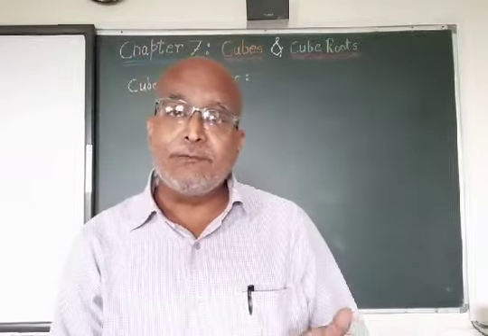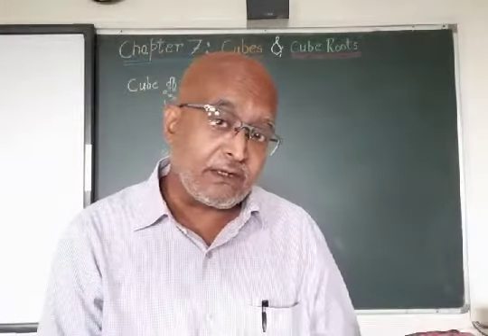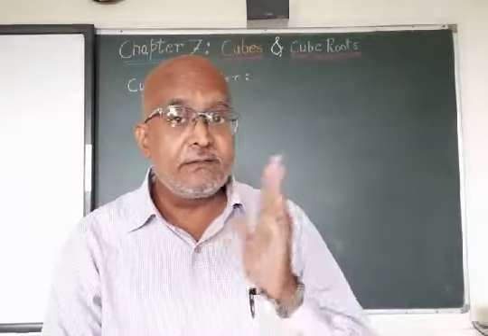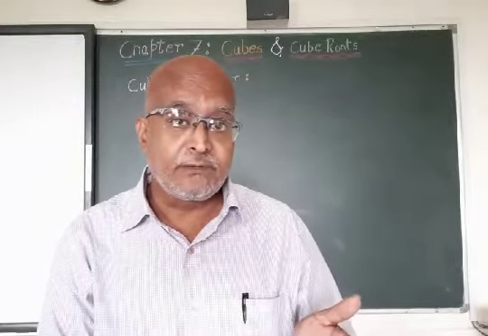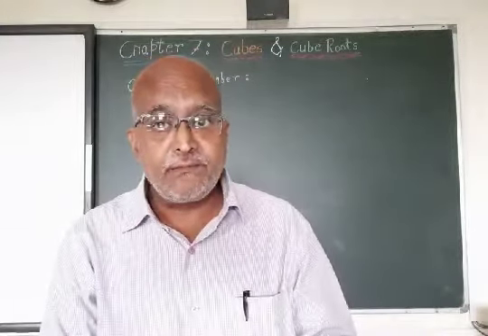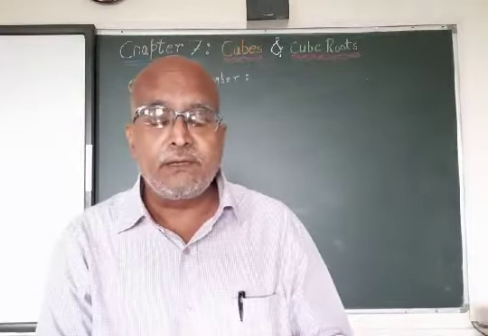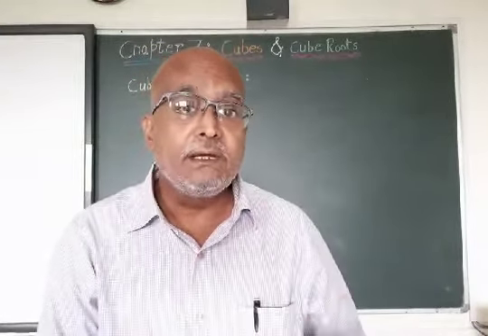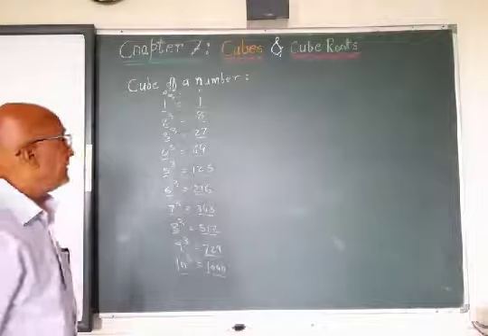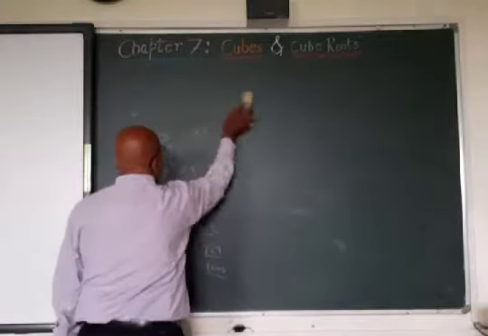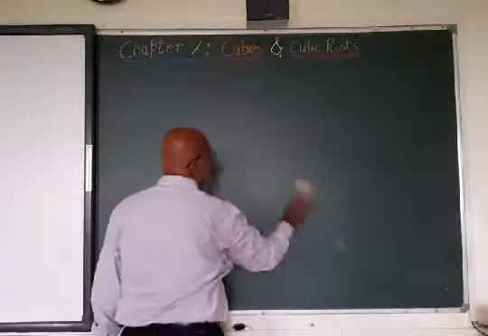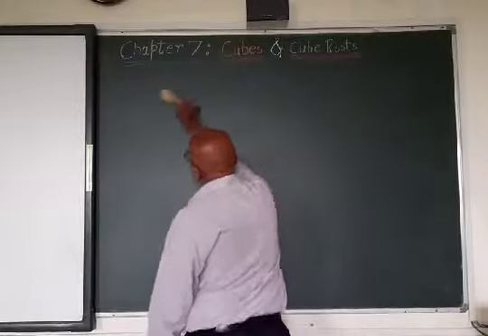as we have seen in the square, the square of any number, whether it is odd or even, the result is only even. But here it is just opposite. That is, the cube of any odd number will be odd only, and the cube of an even number will be only an even number. So remember this. This is very important regarding cubes and cube roots. Let's see the exercise in this.